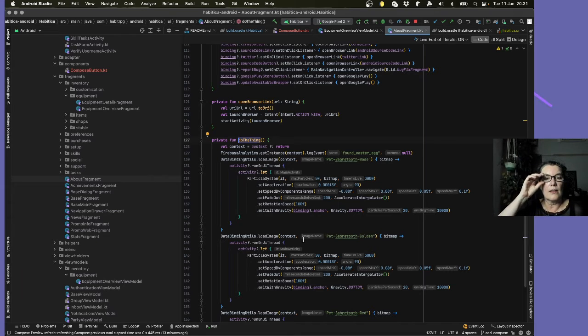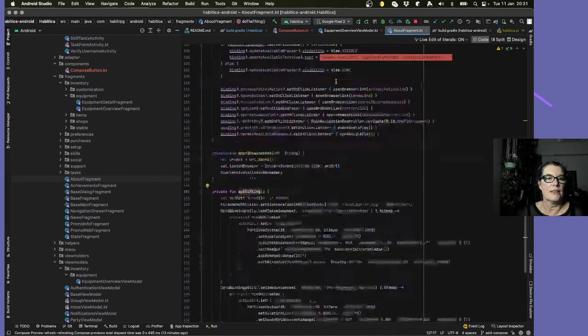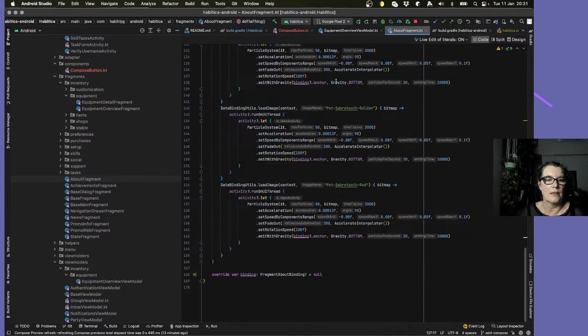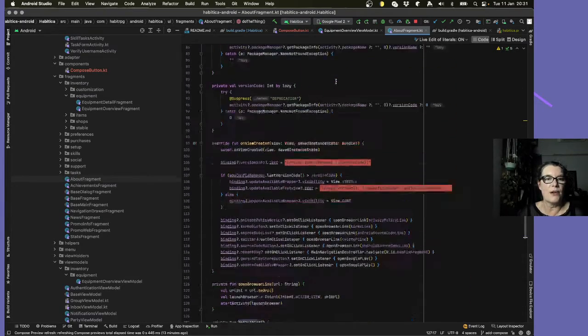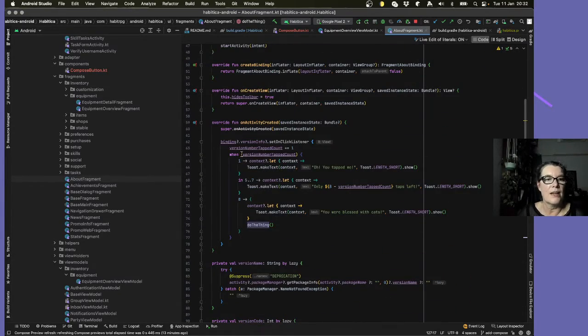Do the thing. Okay, fibers. Found the Easter eggs. Oh, I want to find this Easter egg now. It's in the about fragment, right? But we'll need to see what I've got to tap. It says tap here, version info. Where is version info? This will probably be